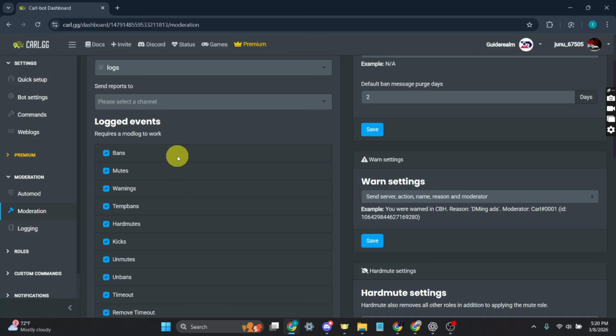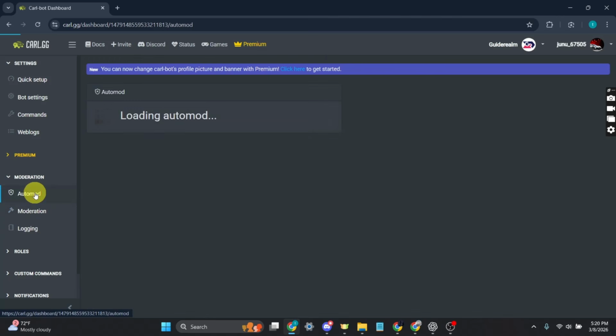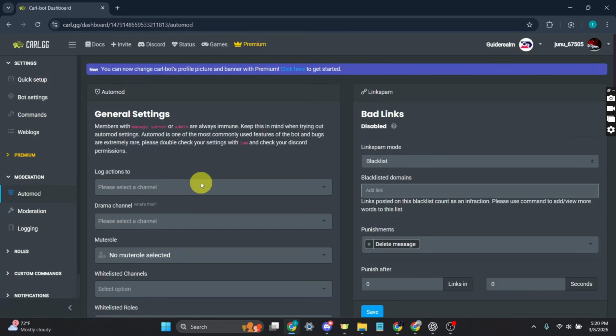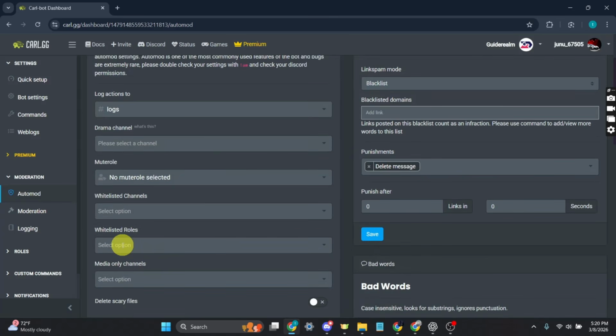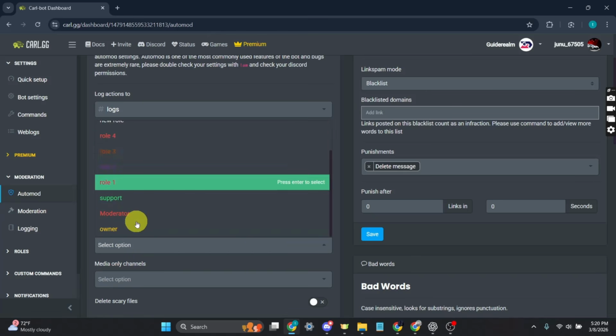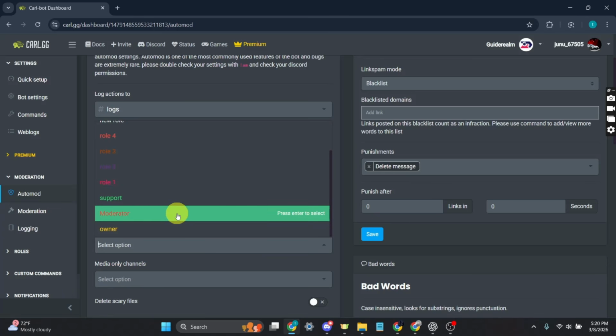Open the automod tab in the dashboard. Just click on automod on the left hand side and click to open it, and start by setting the log action to the channel we created earlier. Just click on the drop down and search for your logs, and then locate whitelisted roles. Just click on the drop down and add your moderator role, so the moderators are not affected by the automod